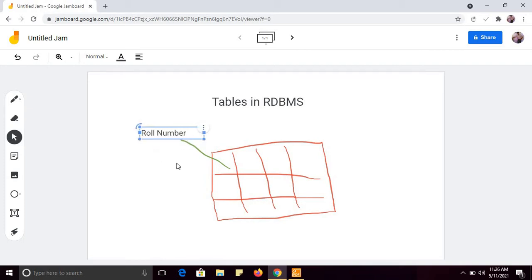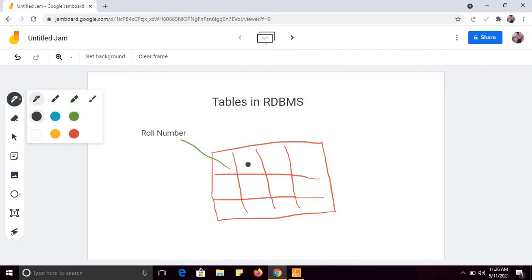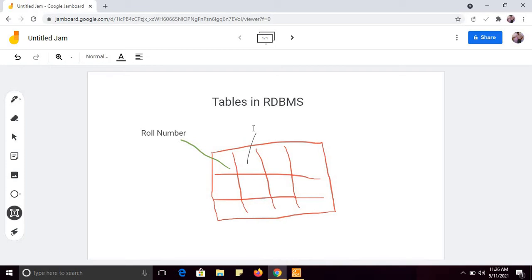You can resize it. You can choose a pen or marker of another color. Fine. You can insert a text, and you can change the color of the text also. For example, if I want to insert the color green, fine, you can insert. For example, this is for name. You can change the style also of the text box. Another option is you can use the eraser. So see, I have used the eraser.